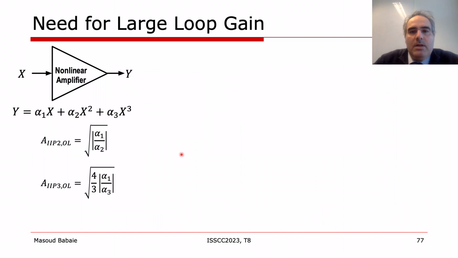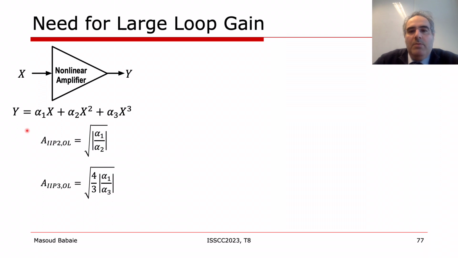Now I want to discuss the issues related to the traditional mixer first architecture. To do so, first I need to remind you of the importance of having a large loop gain in feedback systems. Without any feedback, the amplifier's input-output characteristic